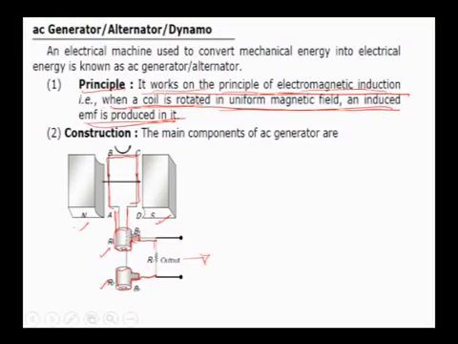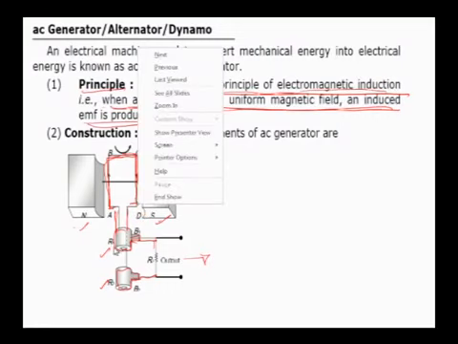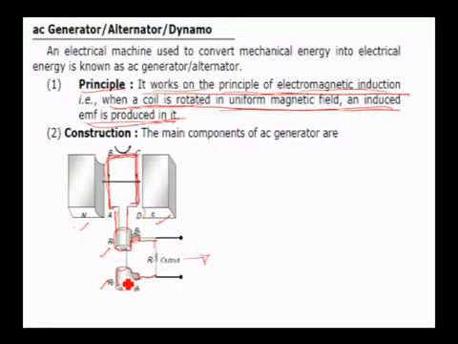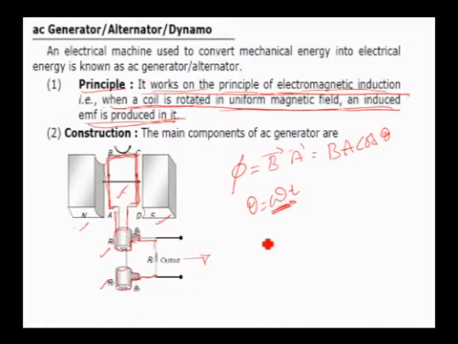We have explained in the previous cases that whenever flux through the coil changes, there is an EMF. Just look at the situation here. If the armature coil ABCD is made to rotate, then the rings are also going to rotate here, and as a result of the change in magnetic flux linked with this coil, an EMF will be induced. So the flux linked with the coil at any instant is given by B dot A, which is equal to B into A cos theta. But what is theta here? It is the product of omega into t, and omega is the angular speed with which the armature coil is rotating. If you substitute that, we get BA cos omega t.